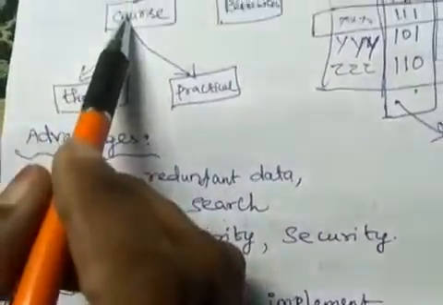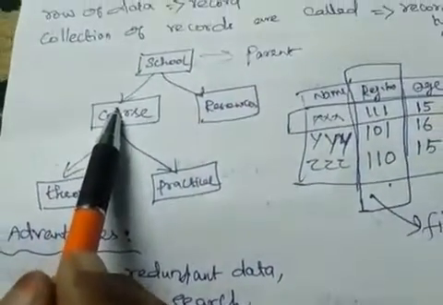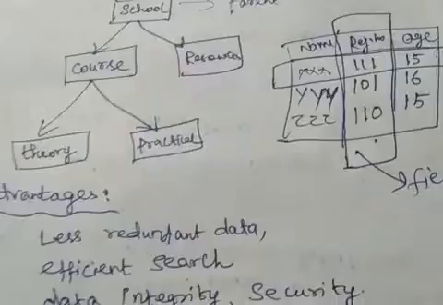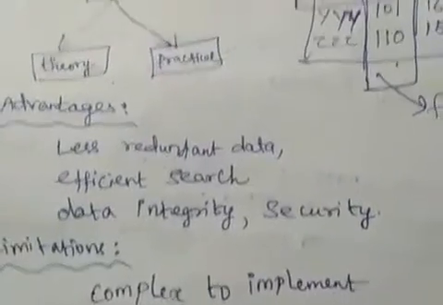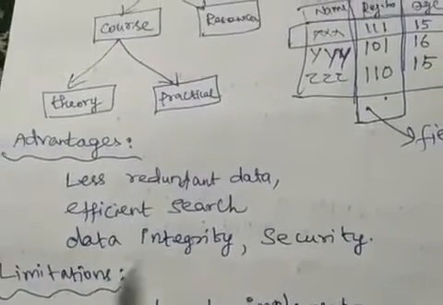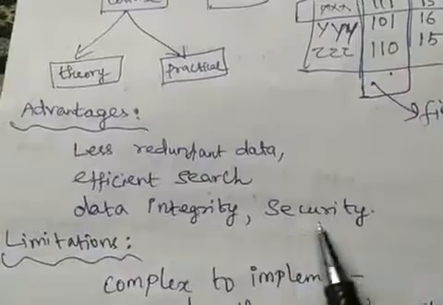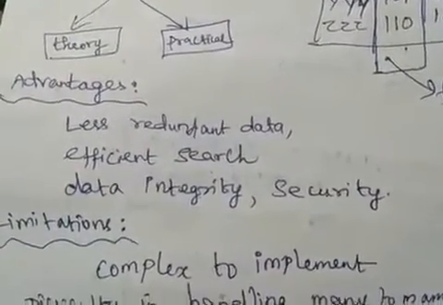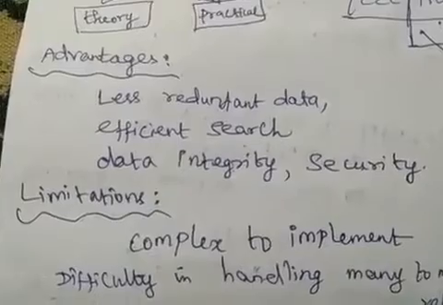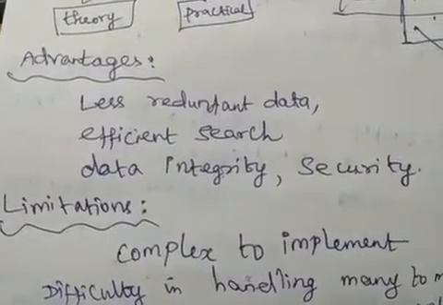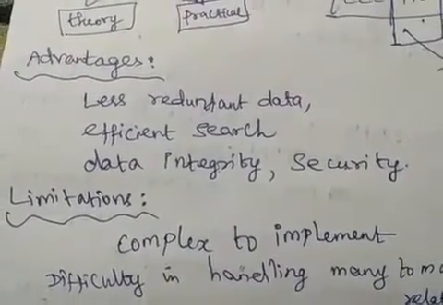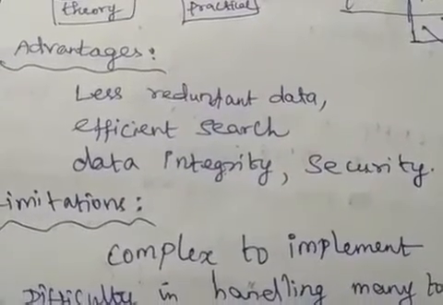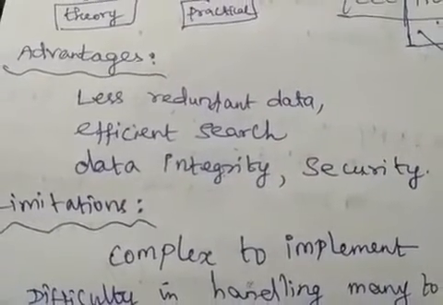In what course? Suppose in colleges they are studying a BA course, in BA English or Tamil or the theory portion; whatever it is, we can easily identify the particular record with the help of the hierarchical database. Data integrity and security are also maintained. What is data integrity? It is also called the consistency of the data. Data duplication can be avoided, and any transaction should not affect the data. This is data integrity.